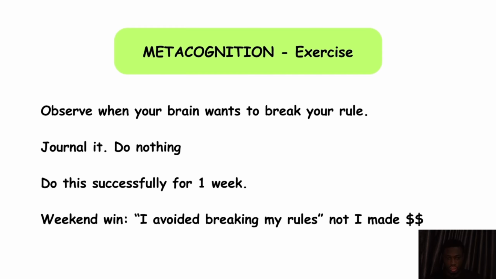So you need to journal it, do nothing. For example, if you're trading in a particular session and you take a losing trade, and your rule states don't trade more than twice a day, your brain has to come back to that rule. Tell yourself, I've taken one trade, I'm only left with one trade, and once you take that next trade, you close the charts. But then your brain will want to be like, this trade still needs to go, because over